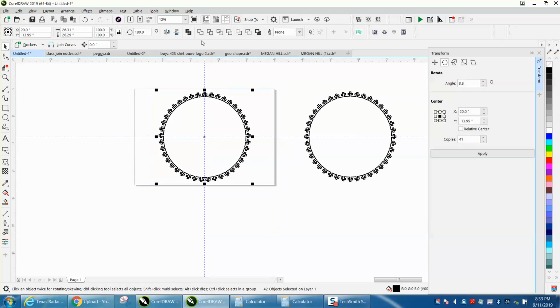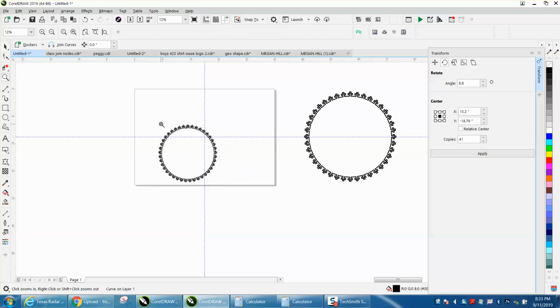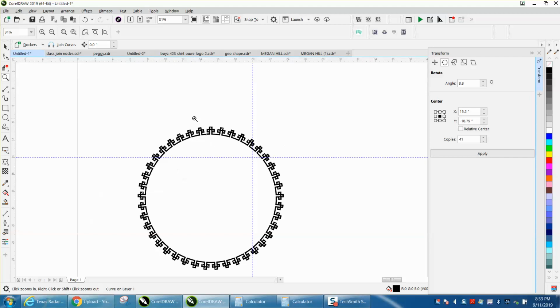And I would probably weld these together, and now they're all one piece, and you could actually make them any size you wanted. That'd be a nice